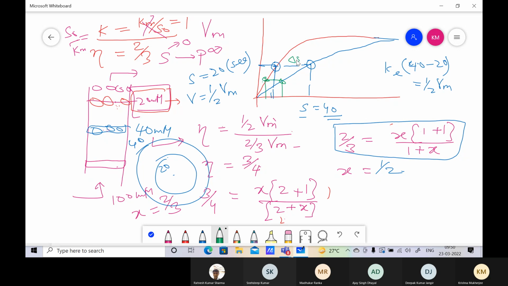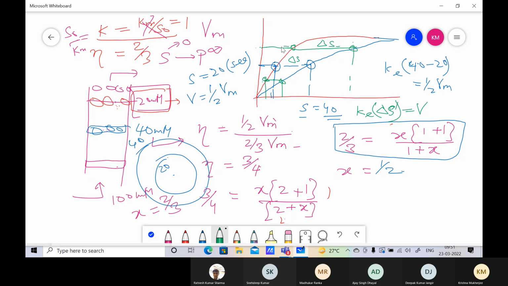So this is your delta S. And notice that this is your delta S here. Right? But you get large delta S. But then your velocities are much higher also, because V is almost like 80% of V max. So Ke into say this is something like 80 and 30. So Ke into some delta S, and this is the delta S at all these points, is equal to the